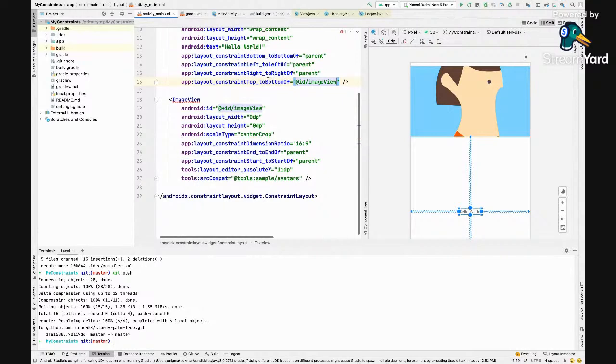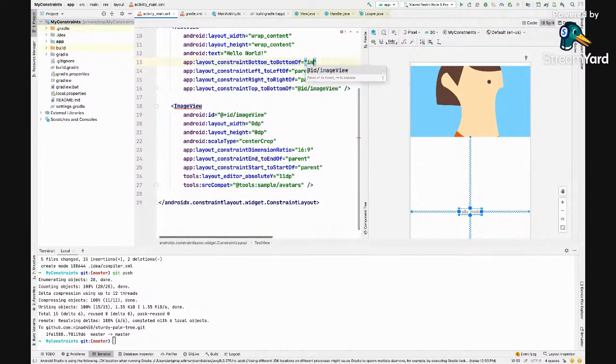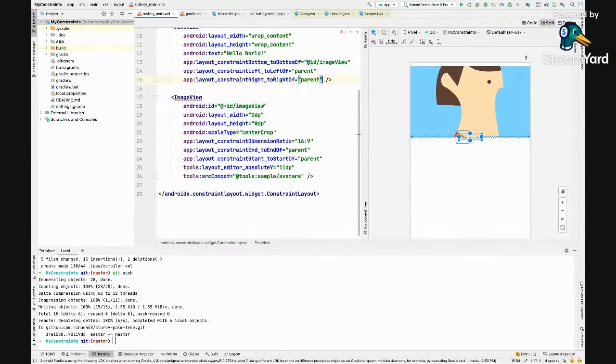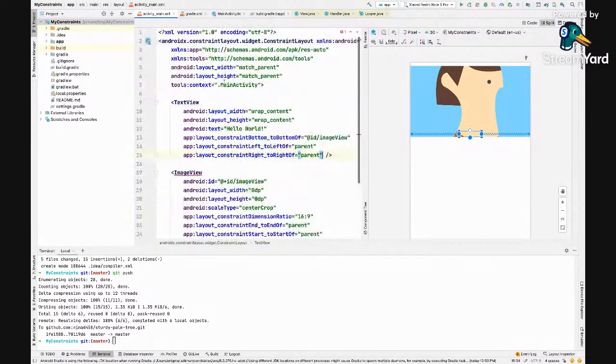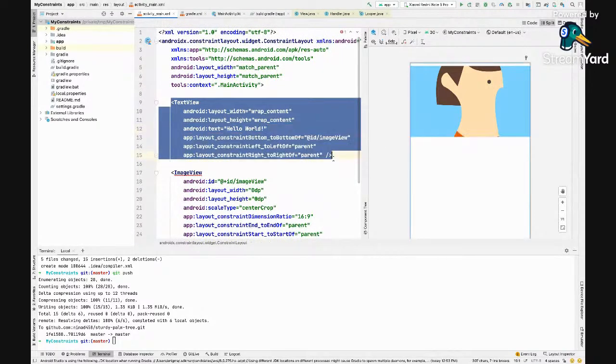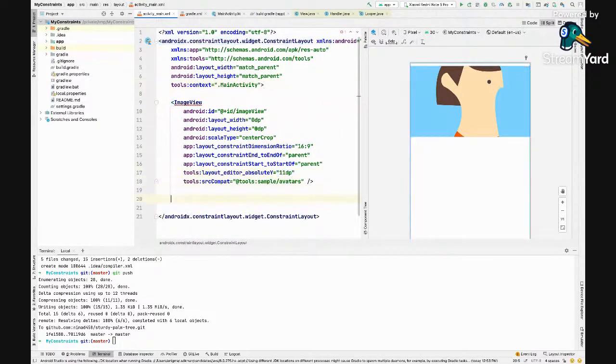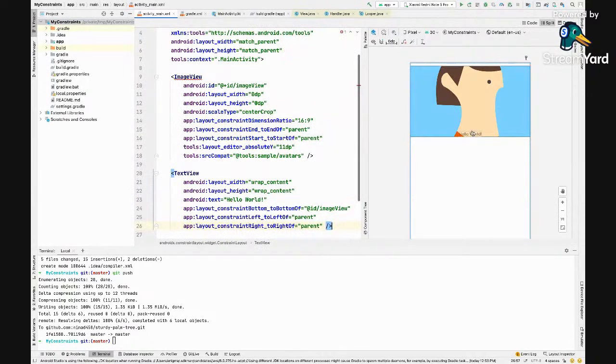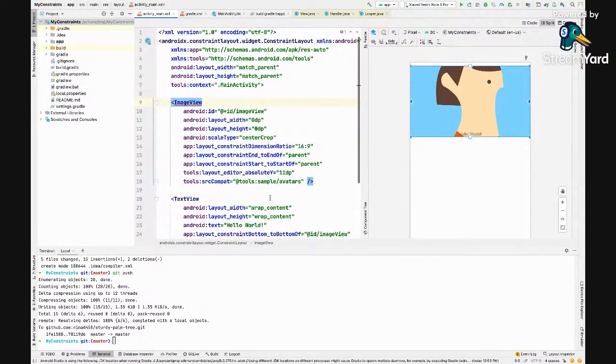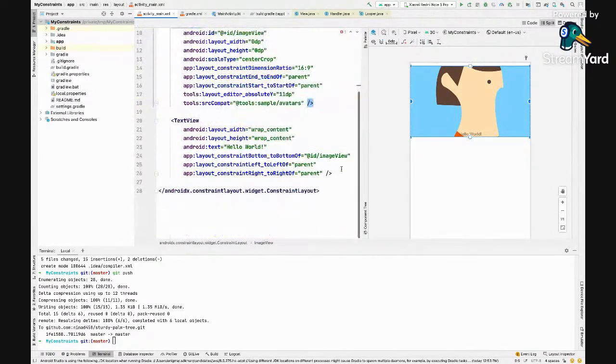If we want the bottom to be to the bottom of the image view, then we set this accordingly, and it will come as we want it to come. This is one of the important factors: if you want something on top of something, you write it later in the XML. So we can see that hello world is now on top of our image, right?